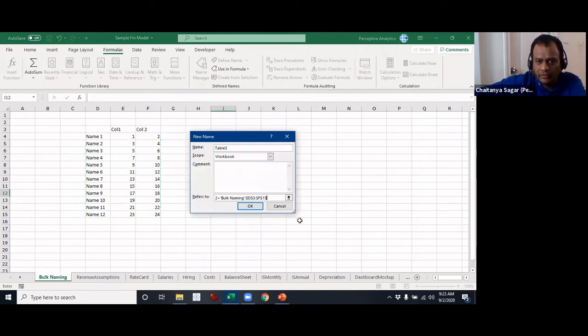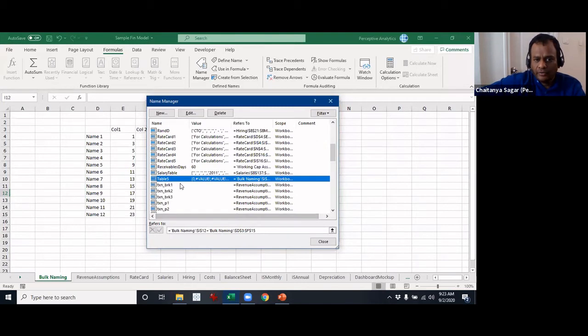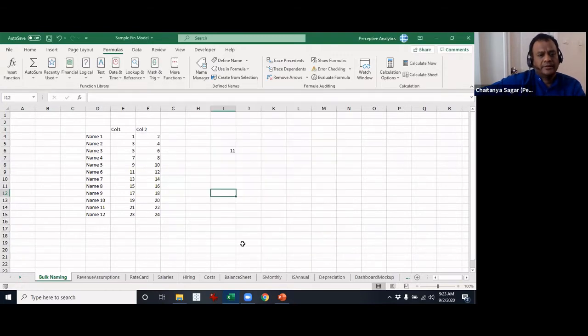Wherever you have this kind of a symbol, you'll be able to click on that and select a specific range, and then click OK. Now you got table 5. So that is so far as name manager is concerned.